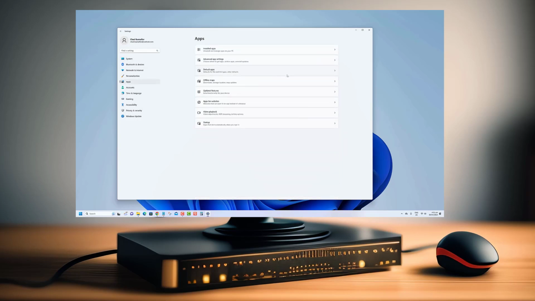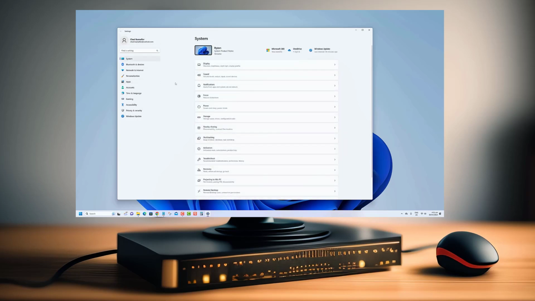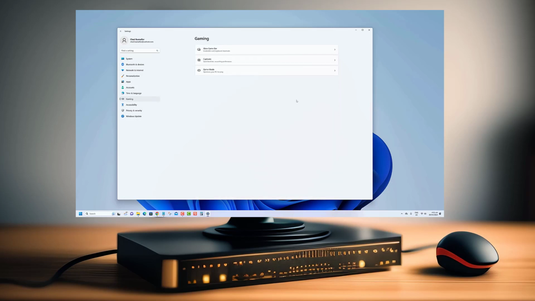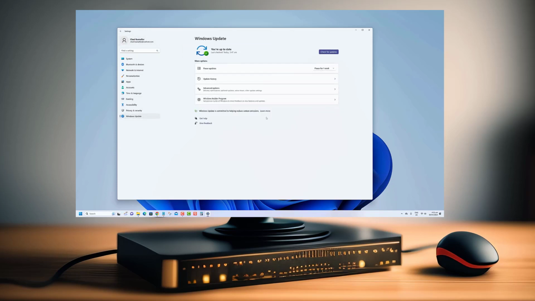Occasionally, this cache can become outdated or corrupted, leading to connectivity issues, slow browsing, or the inability to access certain websites. By flushing the DNS resolver cache, you can clear out this stored information and start fresh, resolving any potential